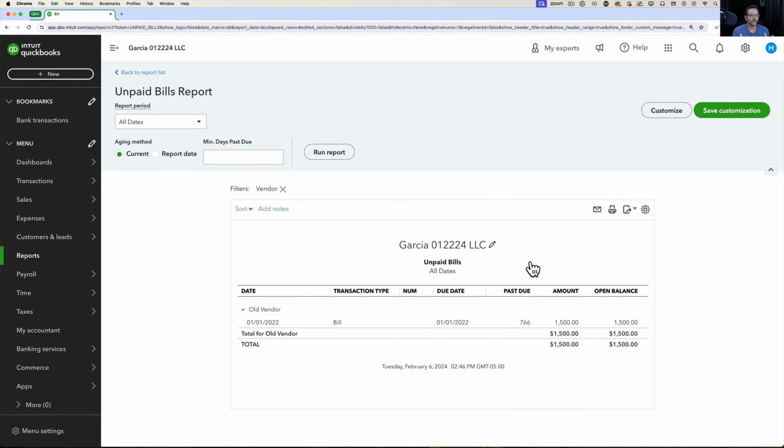So you should always run your list of unpaid bills, decide which bills you're going to pay, and then if you're going to go through your bank feed, just make sure that there isn't a bill that you're expecting to show up on the bank feed as a payment, as a recent payment, so you can match it